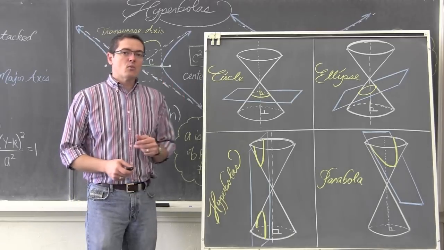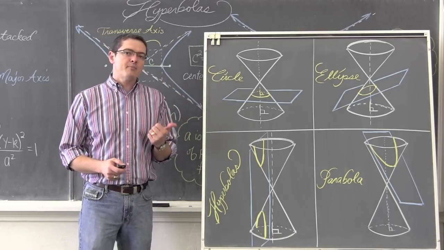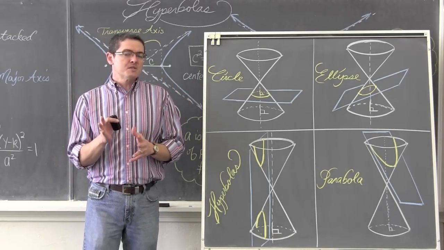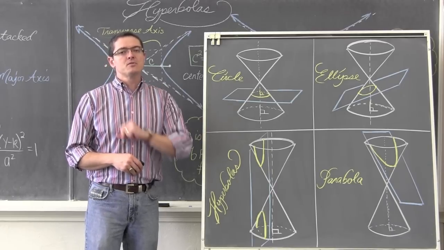We have a pair of hyperbolas. We're going to move the screen out of the way. We're going to talk about the basic structure of hyperbolas, compare them to ellipses, and then do 3 examples of graphing them.